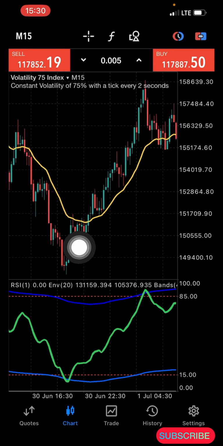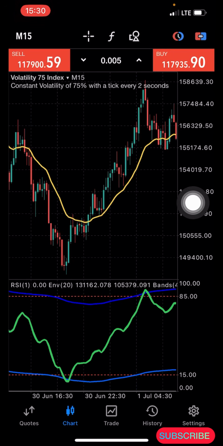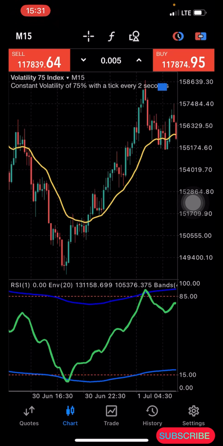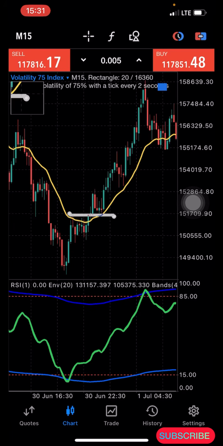All right, so once it breaks above it, you see any candlestick that breaks and closes above that yellow line, that is the area you'll be taking your buy entry from. So immediately that candlestick closes above it, you go in for your buy entry immediately, right? So let's say this area here, this is the area the candlestick crosses and closes above that. All right, so that is where you'll be taking your